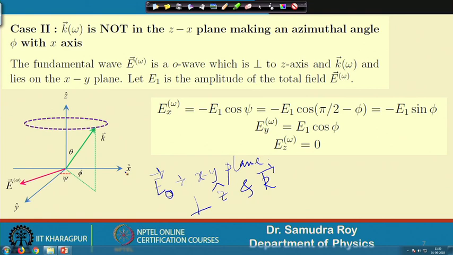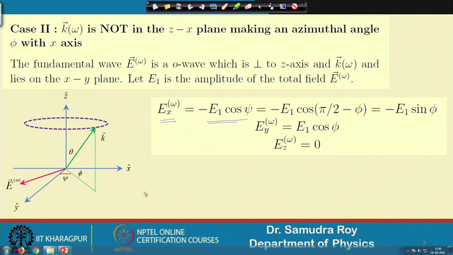Now the next thing we need to find out is the components of this electric field, because when we put it in matrix form, the components are required. If you remember, E x, E y, E z, these components are important, otherwise we can't write the matrix form completely. So, we can divide this electric field into its components, and if I do, we find that E x, the x component, should be E 1 cos phi.